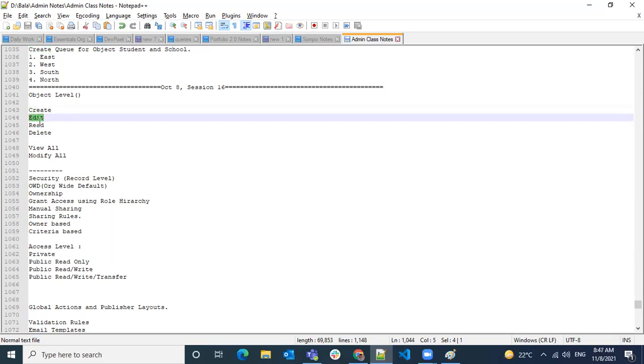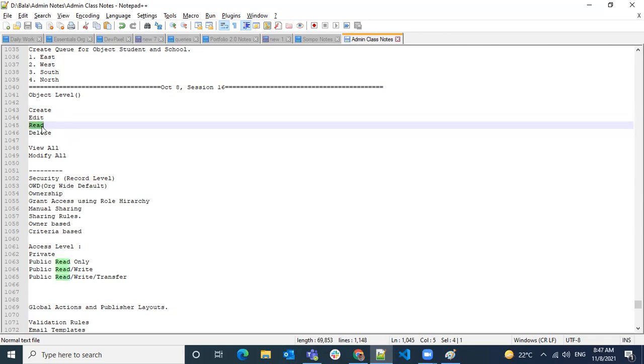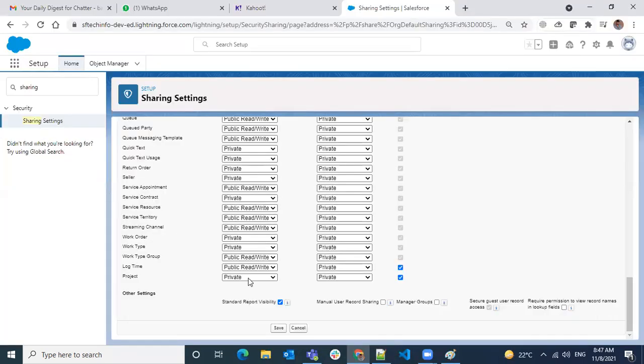If you don't have edit, even though you created it, you cannot edit again when you remove the edit access. Read means you have private access. So what you created, only you can see. It will be for everyone. So the minimum level is private. What you can do is work on the records you created. So is this clear? So OWD.